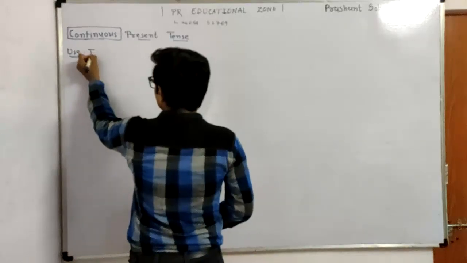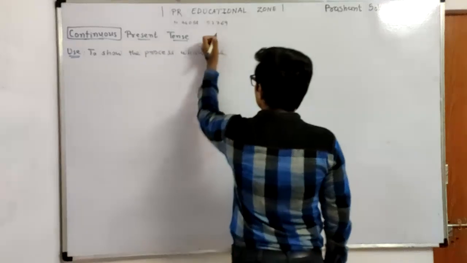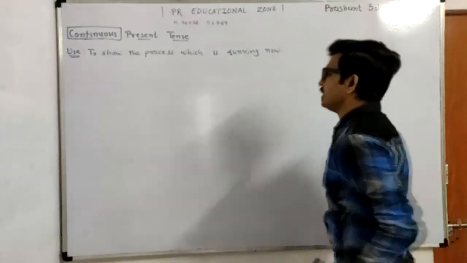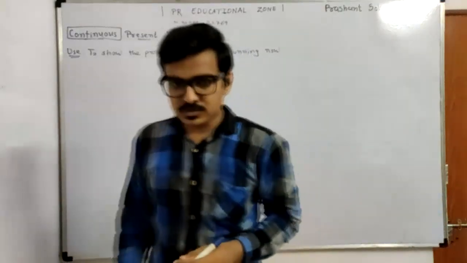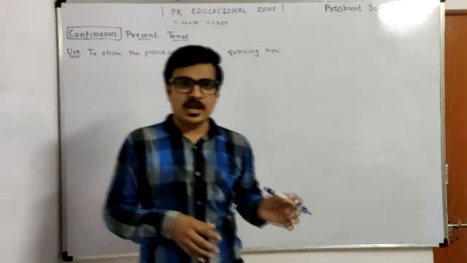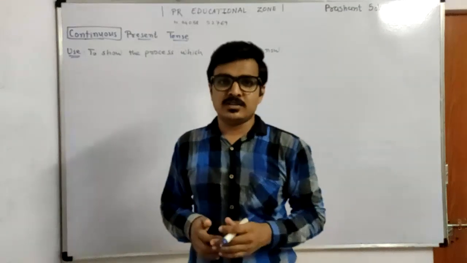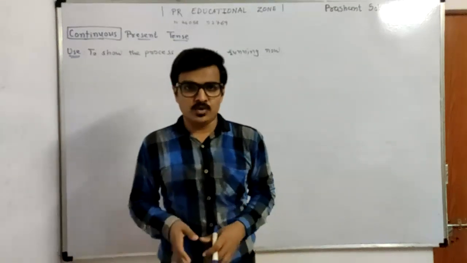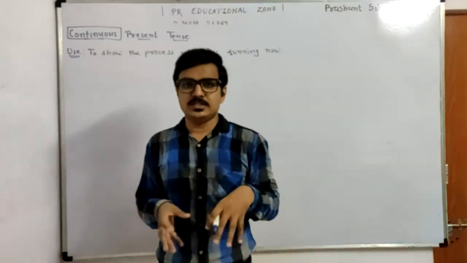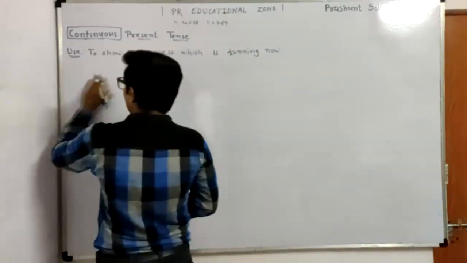It is used to show the process which is running now, like I am teaching you now. So this is the process which is running now, and there are many processes like that. In the afternoon we can say that the mother is cooking food, so that is also one example of that. Processes which are running in the present are called the continuous present tense, and its formula is